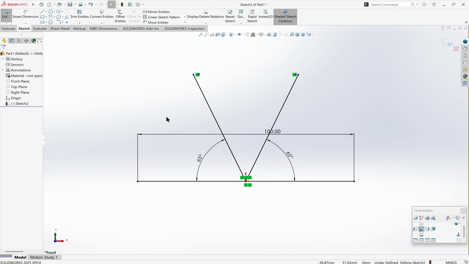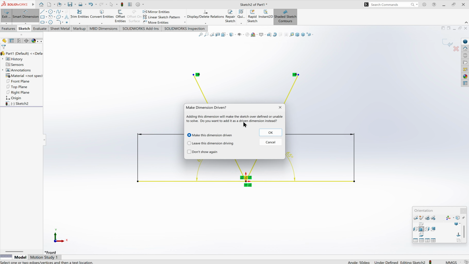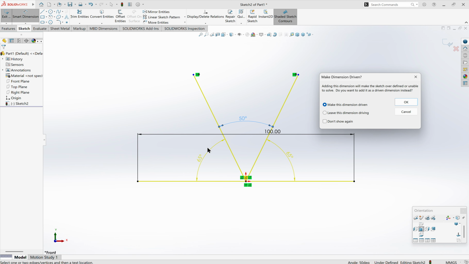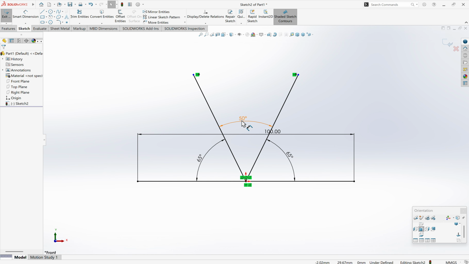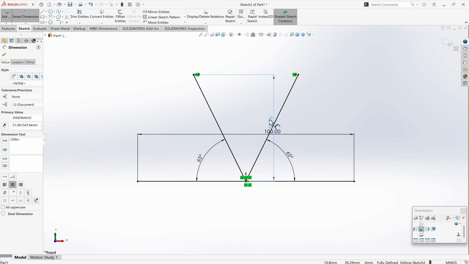Now, if we want to give the angle between here and here, but we already have an angle here, it's going to give us something overdefined, which means we already have the dimension. You don't need to add it. So if you press OK, it's going to remove that or gray it out. What do you call it? Shade it out. Delete that. But if you choose the second option, which is make it overdefined,